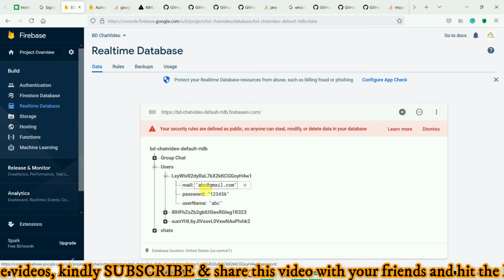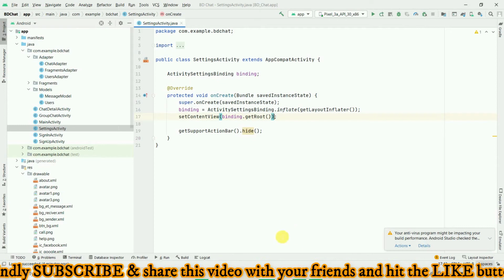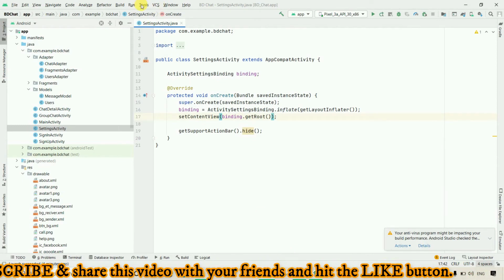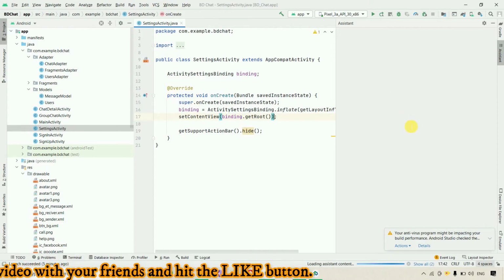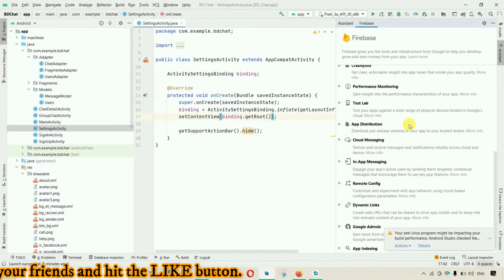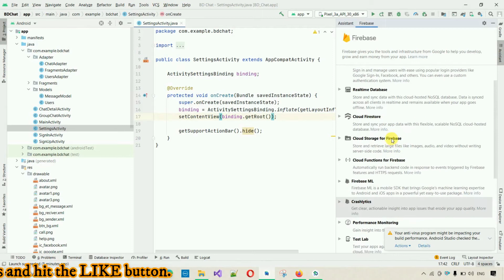Okay, so let's start from here. First, move back to our project, and here you have to click on Tools and select Firebase, and it will open a pop-up like this. Make sure your system is connected to the internet. After that, search for storage,